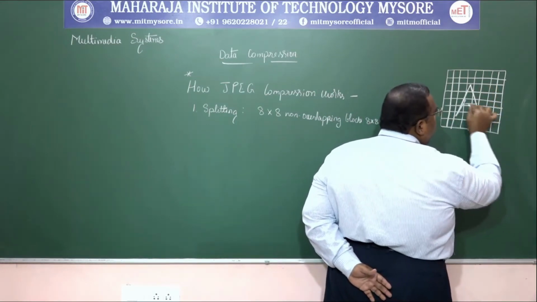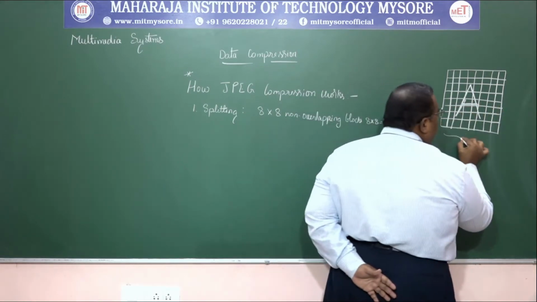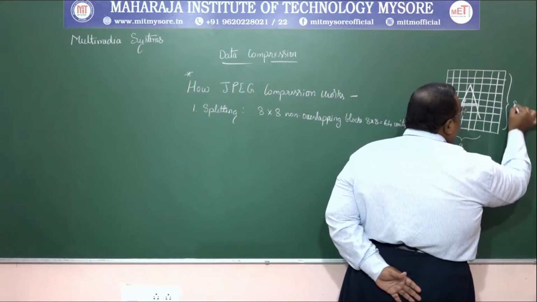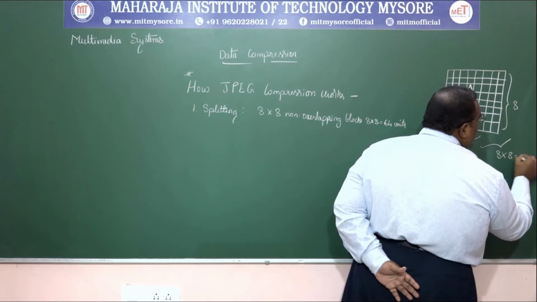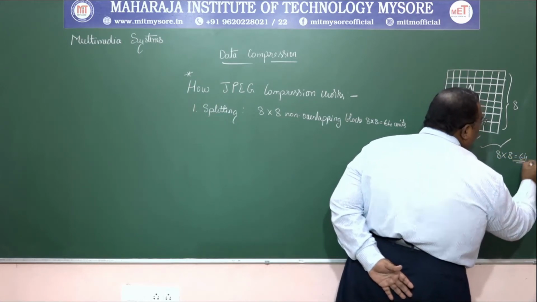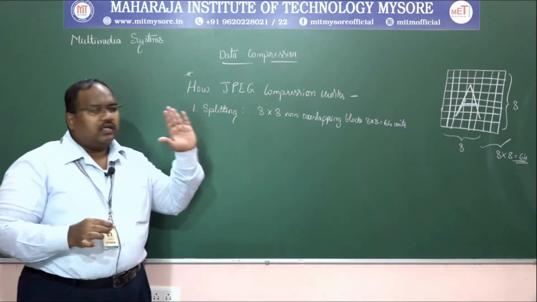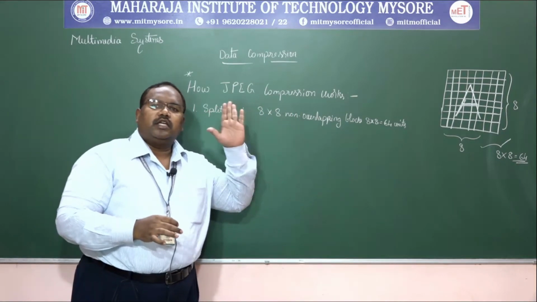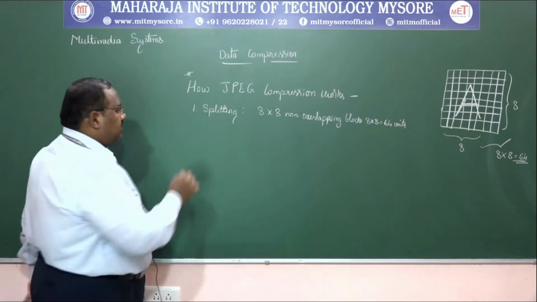I'll highlight it here. So here we have 8 and here we have 8, and a total of 8 into 8, 64 units are present. So this is the first step. First, we split the image into 8 cross 8 non-overlapping blocks. The second one is